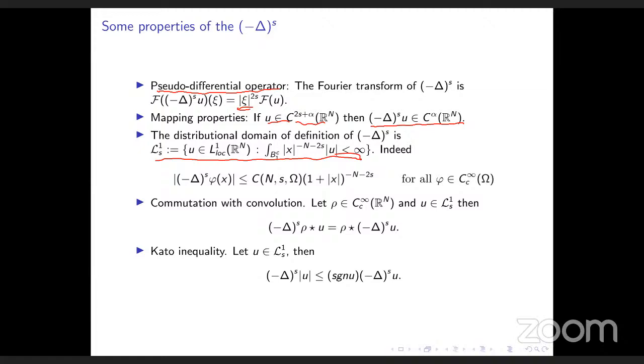And this allows, in a sense, to say that the fractional Laplacian acts on tempered distributions. And this comes just from these estimates. In a sense, if we simply recall,